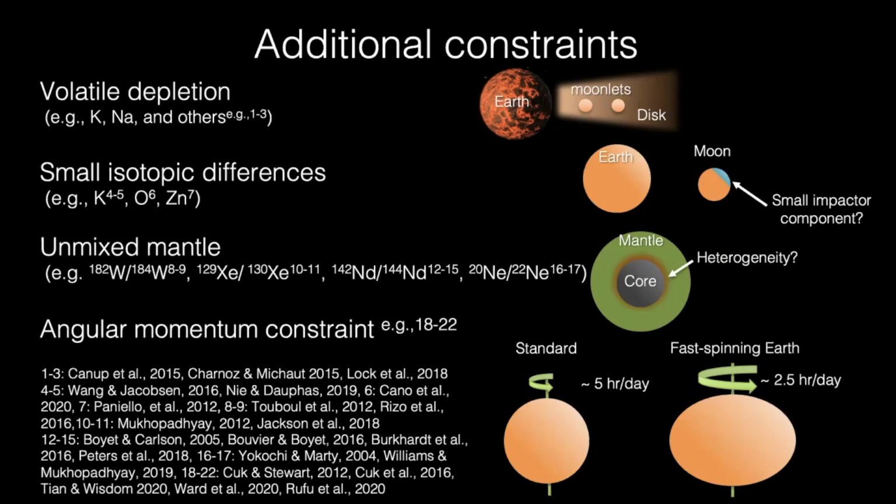So the last one is the angular momentum constraint. If you assume that the Earth and the Moon's angular momentum has been conserved and bring the Moon back much closer to the Earth, the initial length of the day of the Earth is around 5 hours. So this is very fast. But in a fast spin-Earth model, Harker's model, and Synestia model, the length of the day is actually much shorter, around 2.5 hours. This is because at the end of the simulation, the angular momentum of the Earth-Moon system is much larger than the current value in these recent models.